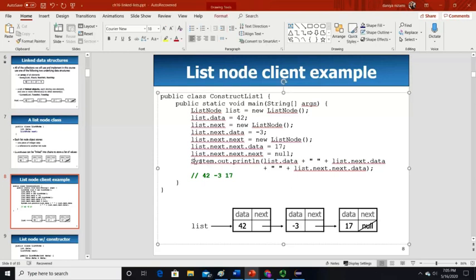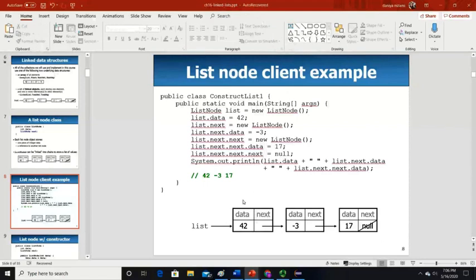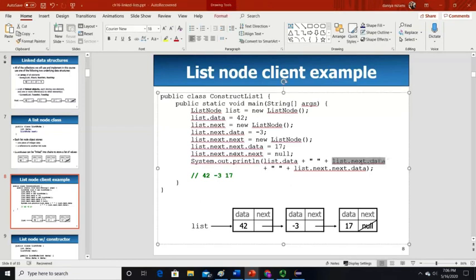So if I want to print System.out.print(list.data), it will print 42 because list.data is 42. If I want to print -3, it will be list.next.data, because this next is the one who is kind of an address, kind of a GPS, taking me to that address to get me this data value, which is -3.